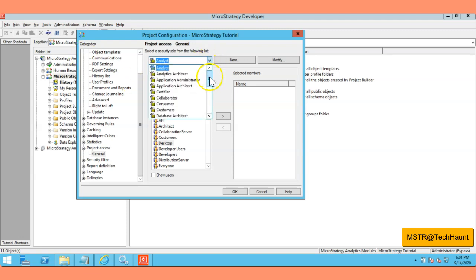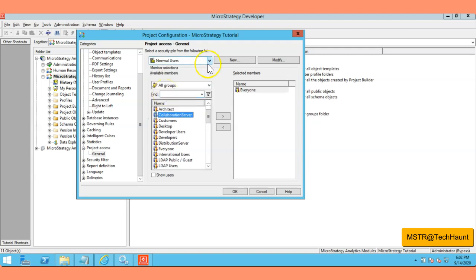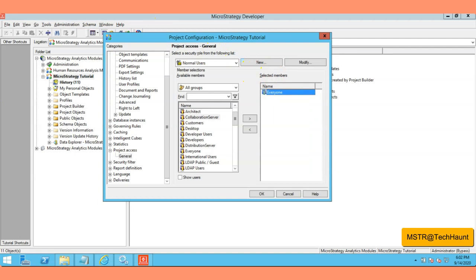We have the analyst; you are going to select what type of roles you want: analyst, architect, administration, certified, or anyone. I'm going to select the normal users here. From the normal users, in the selected members we already have the everyone group added. This member list is going to ensure that all users have access to this project, whoever is a member of the everyone group.